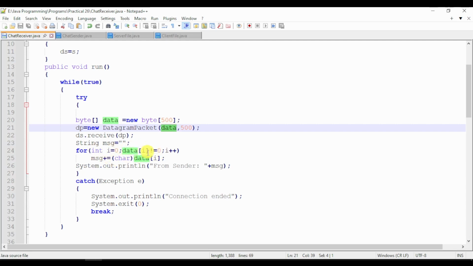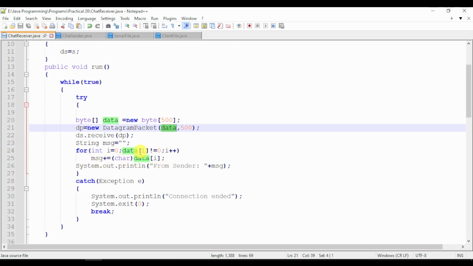So as soon as the data or the bytes inside this data array stop, it will become 0. That's why I am using this loop, and I am using i++. So from the starting location, which is 0, till the data is received, or the size of the data has value. This is how the data byte array will be storing the data, and I am writing message plus equal to. Whatever value is inside this data byte array will be converted into a character, and that value will be stored into message,